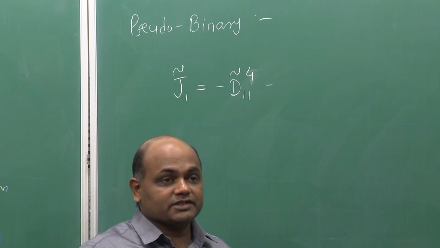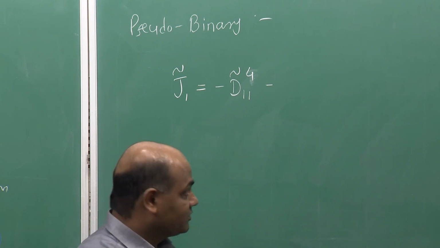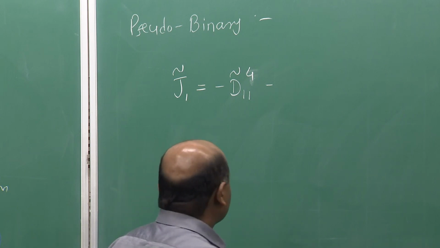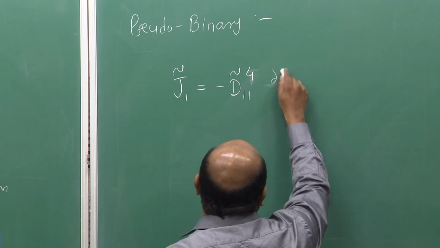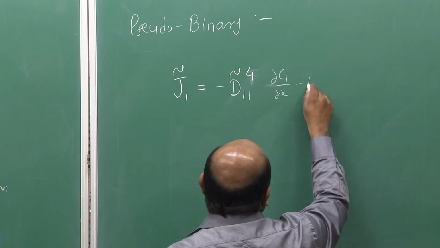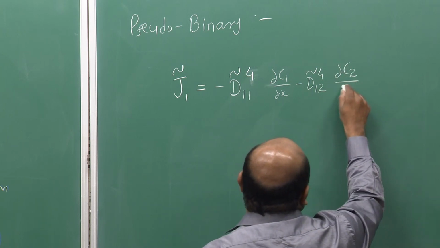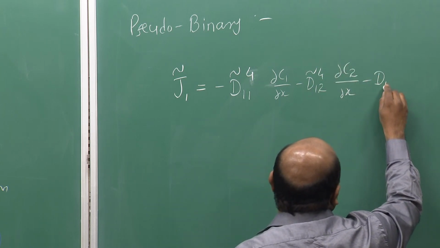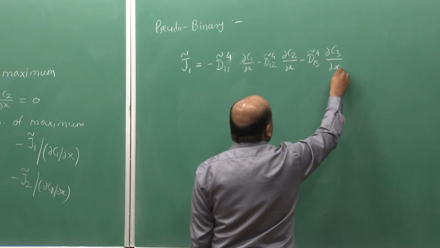So, in quaternary system we have 3 independent fluxes. If we treat component 4 as dependent, we can write J1 tilde equal to minus D11 tilde 4 dou C1 by dou x minus D12 tilde 4 dou C2 by dou x minus D13 tilde 4 dou C3 by dou